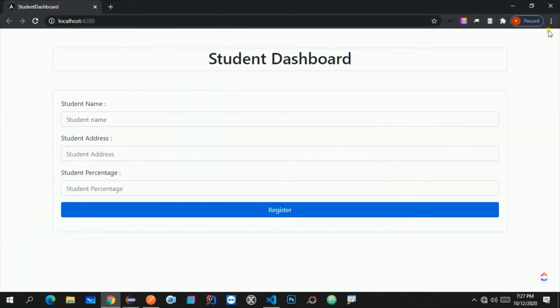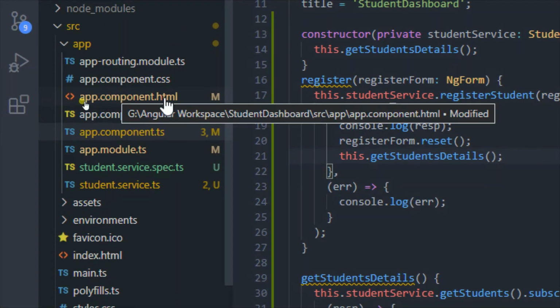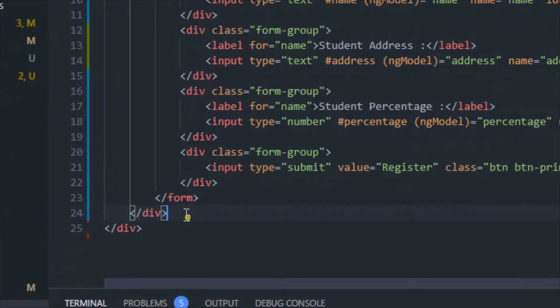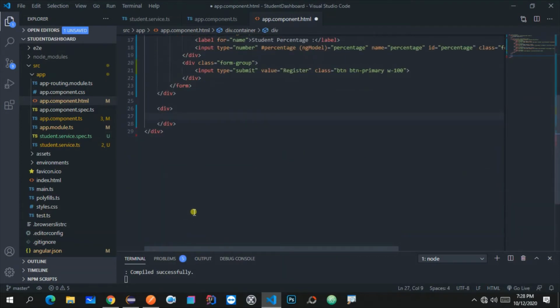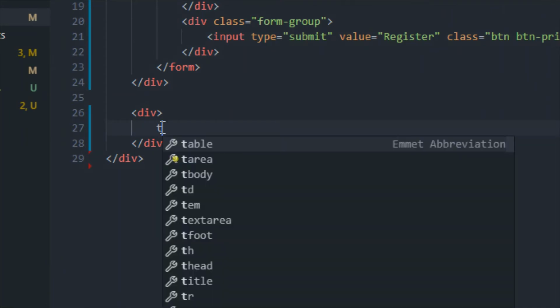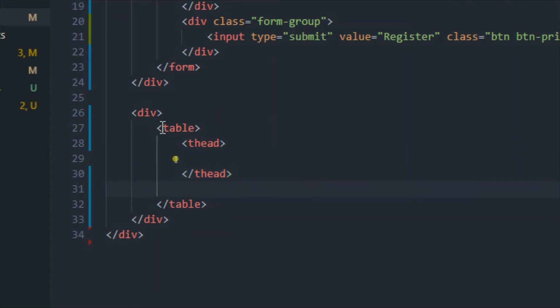Now let me go to my Visual Studio again, and go to this app.component.html file, and over here after this particular registration form I just want another div, so let me add a div like this. Now this div will have the table, so let me write the structure for the table. It will be a table, and inside this there will be a heading, and after that there will be a body, so tbody over here,